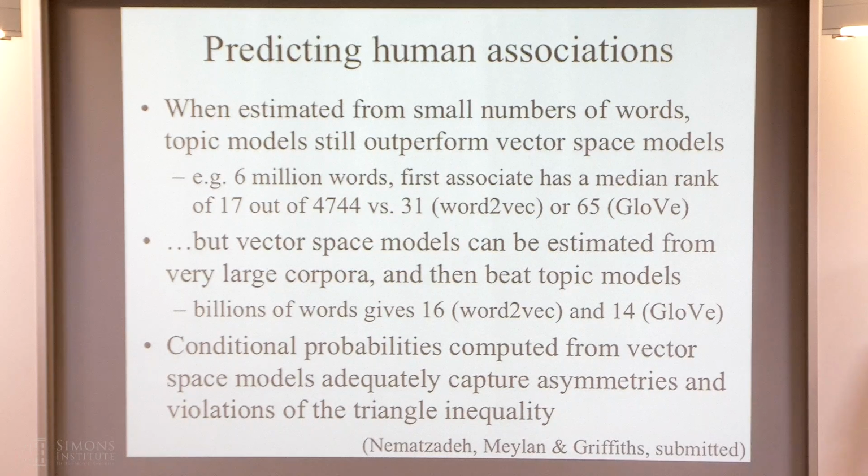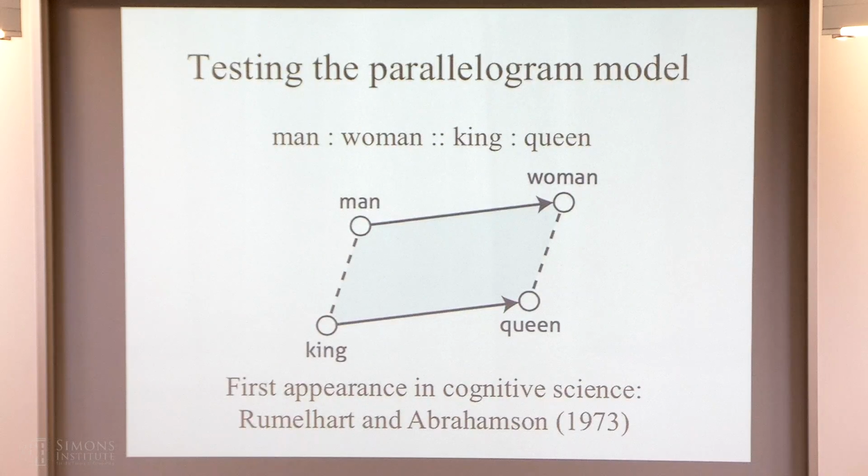But there's another context in which you can think about those spatial constraints, which is in the context of thinking about analogies. In this model of analogy, the way that you relate king to queen is by taking the vector between man and woman. This model has a long history in cognitive science going back to the 1970s, where it was proposed by Dave Rumelhart, who was one of the co-discoverers of backpropagation. This model also relies on a spatial representation and is potentially something we can apply the same sorts of analysis to.